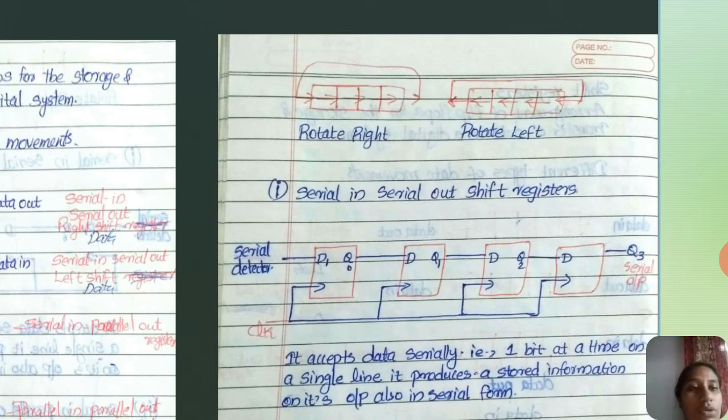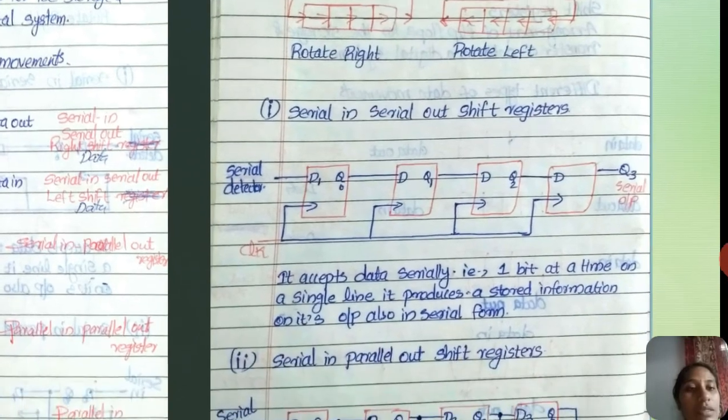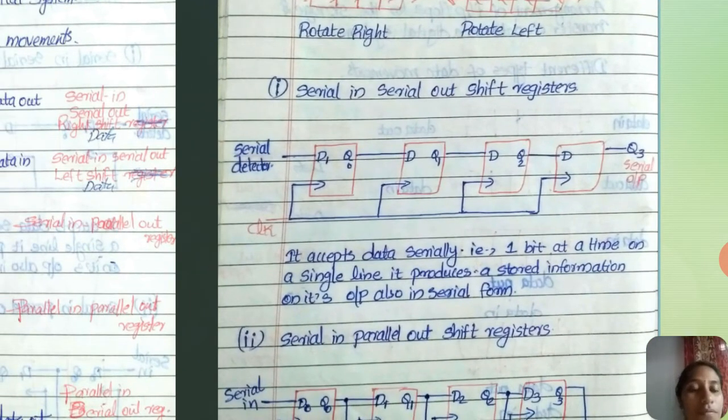Okay, then moving on to the different types of shift register. First one is serial in and serial out shift register. You can see how we are implementing this with a flip-flop. You're providing the data serially as input to D0 and getting the output as Q0, which is moved to the second flip-flop D1, and the result is Q1, which is passed serially to D2. Then the result is Q2. Q2 is moved serially to D3 and the final result is Q3, which is serially output.